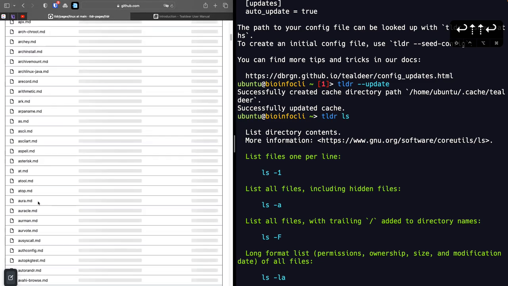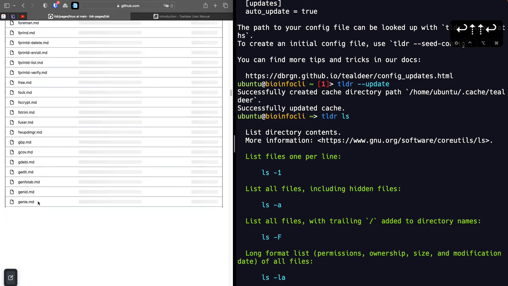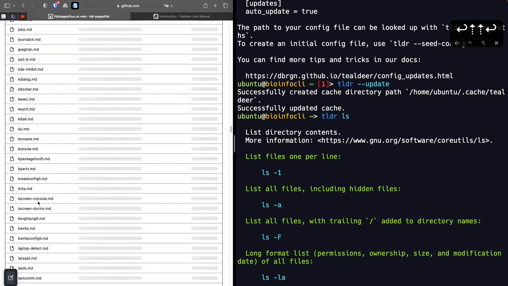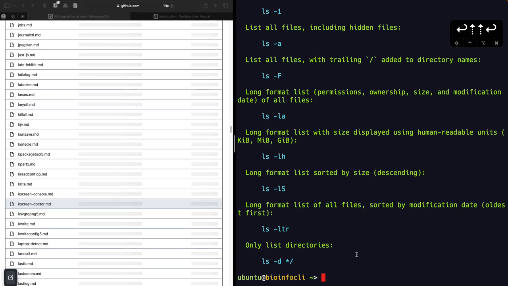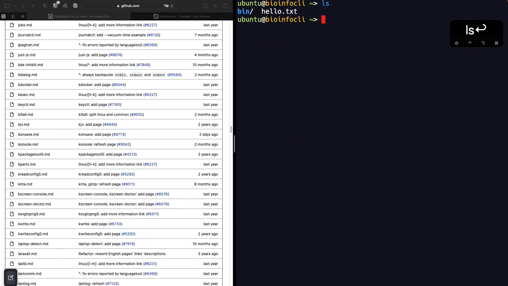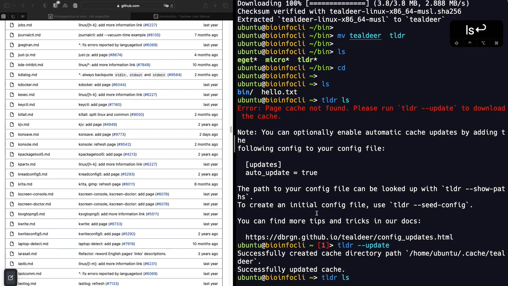If I click here, it will show me all of the tools which are available here, and it's a lot of tools, and it's not even loading at once, you see. So all of these tools, all of these cheat sheets are available using TLDR on the terminal. But what if I want to add my own custom setup, custom tool, right? So what I can do is, let's see where is the